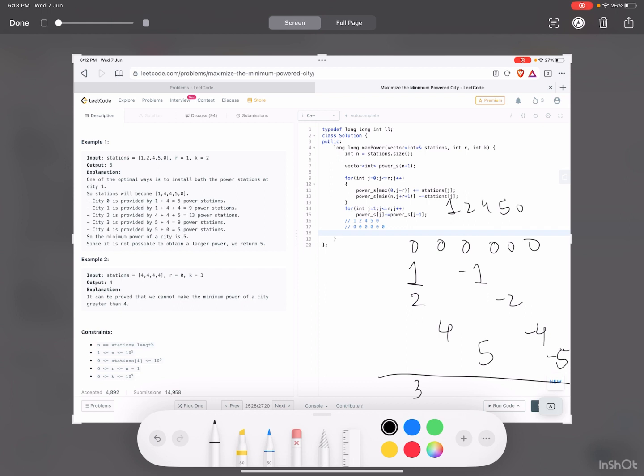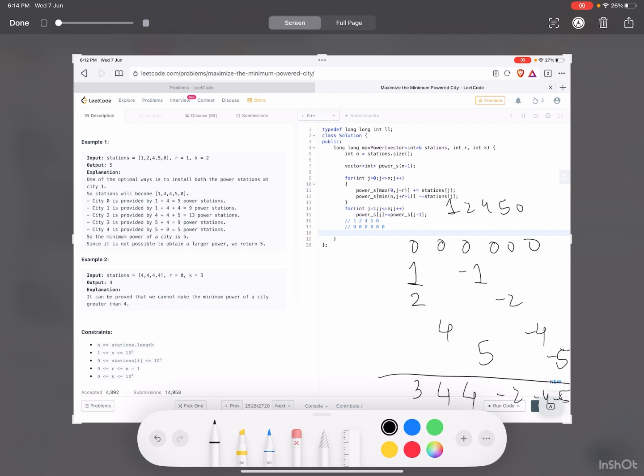Next when I do 3, this will give me 4, then this will also give me 4, and then this will give me minus 2, minus 4, and minus 5. I hope I'm not wrong.